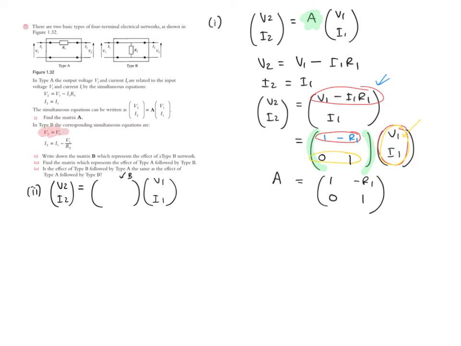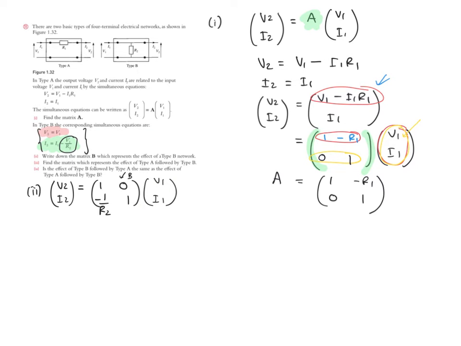So we've got V2 equals V1 for the top. So that means we need a 1 here. So we do 1 times V1 and a 0 here, 0 times I1 for the top row. And then for the second part, we've got I2 equals I1 minus V1 over R2. So that means we need a minus 1 over R2, which will multiply by the V1 to give us this bit over here. And then we just need a 1 over here to give us the I1. And again, you can check this very easily by just performing the matrix multiplication